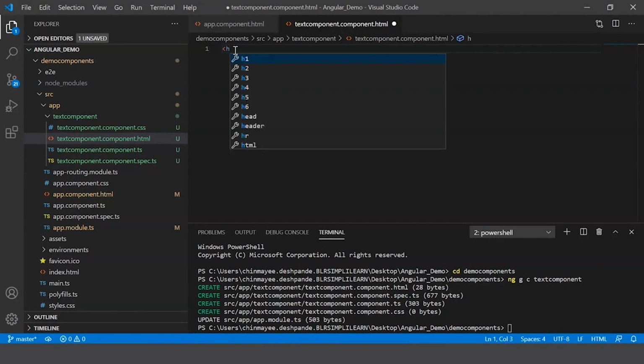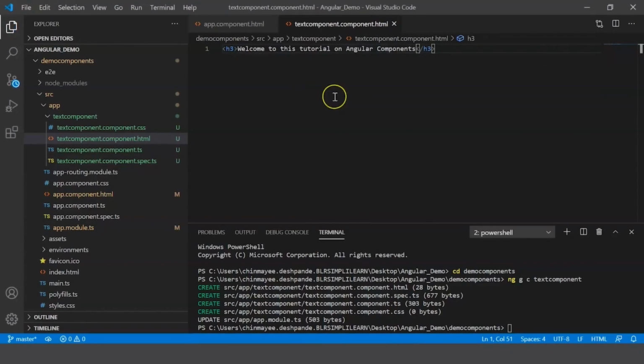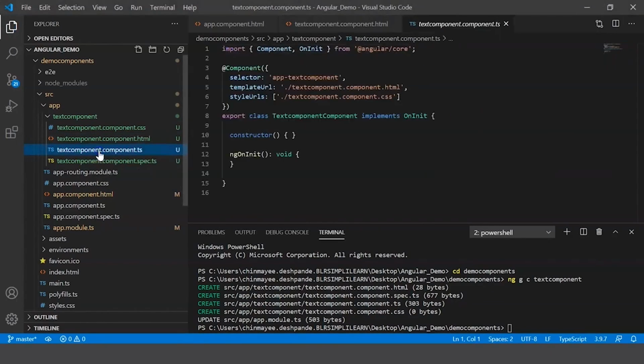Let me say H3, and let me display a message saying welcome to this tutorial on Angular components. Alright, now in your text component.ts file, which is your TypeScript file, the selector mentioned here is